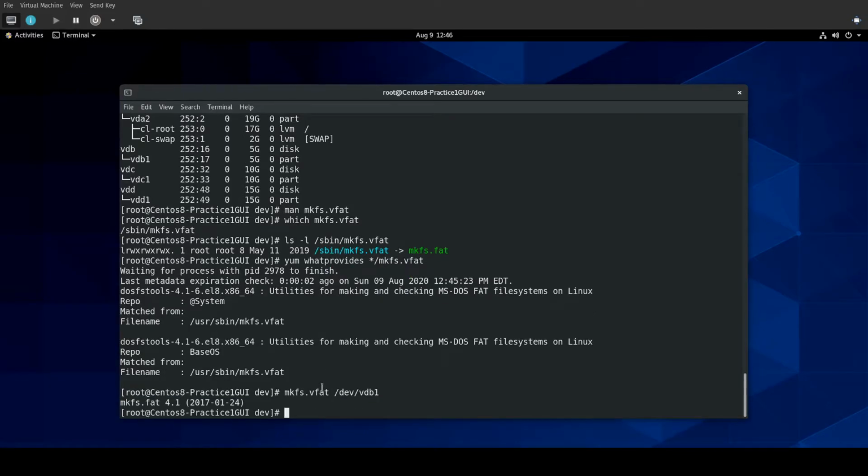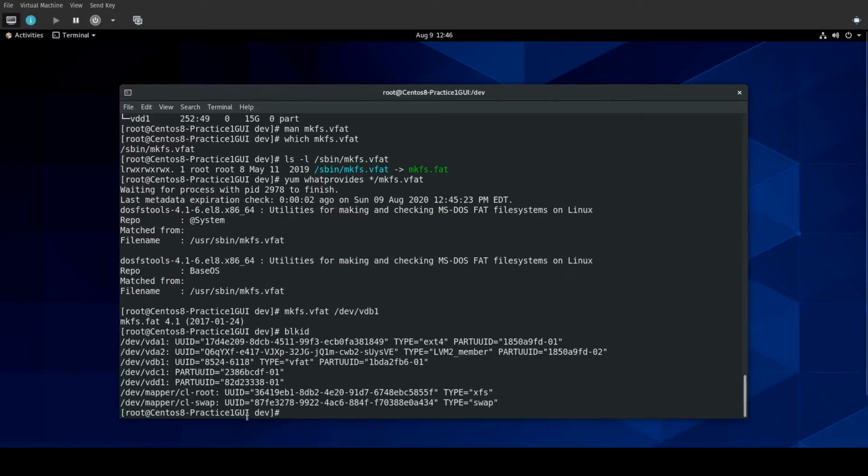And now we have a file system. It's that simple. I like using blkid to get the UUID for items, and we see, let's see, vdb1, yep, there is the vfat file system type. There's our UUID. I'm going to go ahead and copy that,